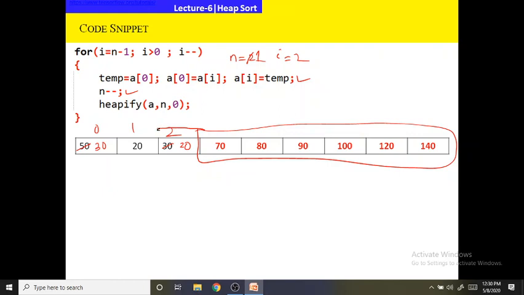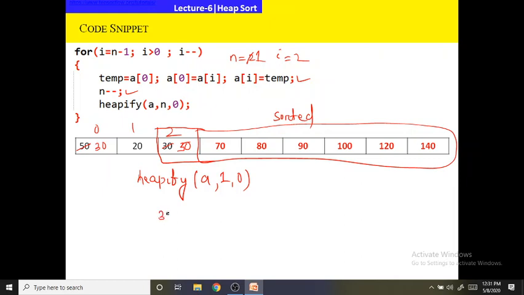So now you see, here I will get 50. So now you see, these elements are already sorted. Next, heapify a and 0. Heapify a and 0 means heapify a, the value of n is 1 and 0.